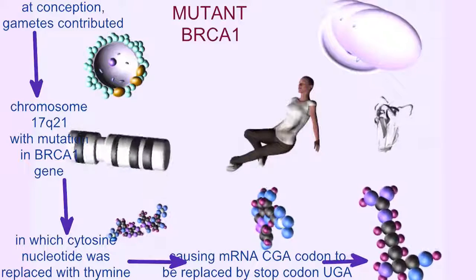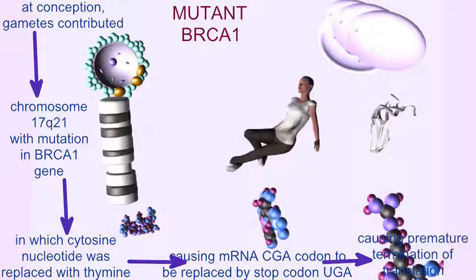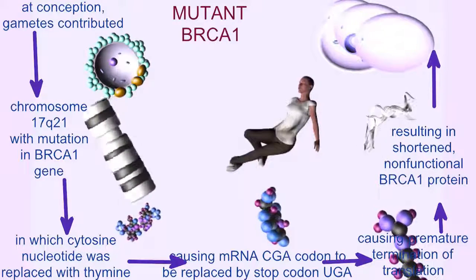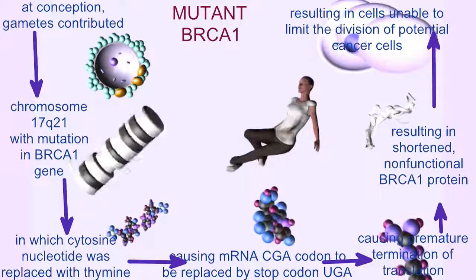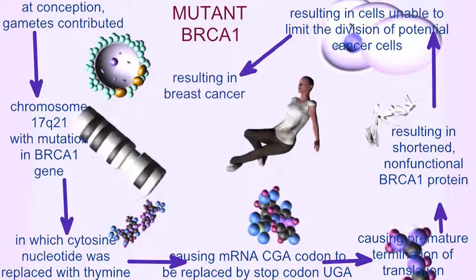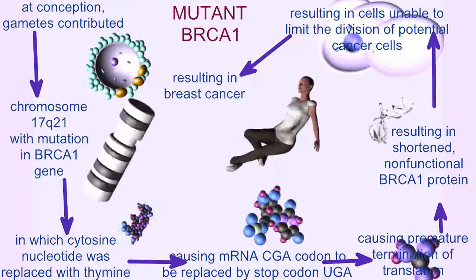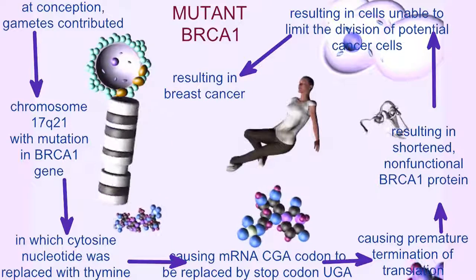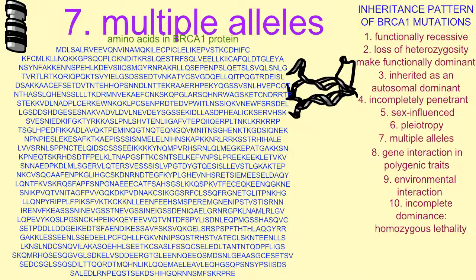In addition, some alleles add additional amino acids or remove some. A number of the alleles which contribute to breast cancer terminate the protein early and produce proteins shorter than average. And so there are hundreds of different alleles which are known. Some are common enough to be considered as normal variants rather than mutant alleles.